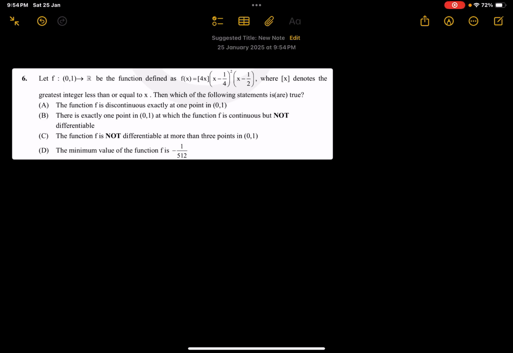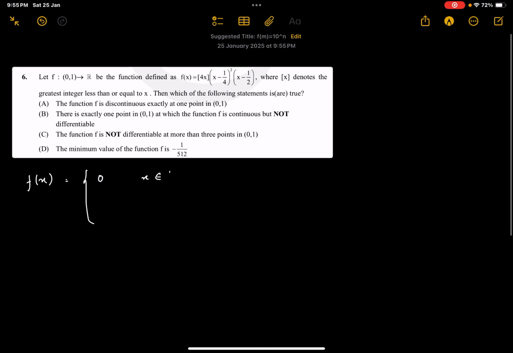So, this is another routine question, and the first thing to do is to define the function in the interval. We'll split the interval 0 comma 1 based on the greatest integer value of 4x. The first break would be at x equals 1 by 4, when the greatest integer of 4x becomes 1 from 0. Before that, the function is identically 0 for x equals 0 to 1 by 4, after which the greatest integer of 4x will become 1 and the remaining remains the same